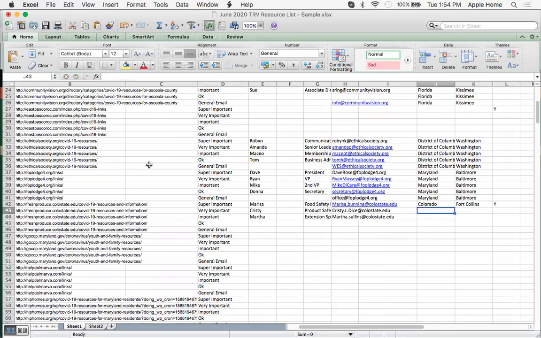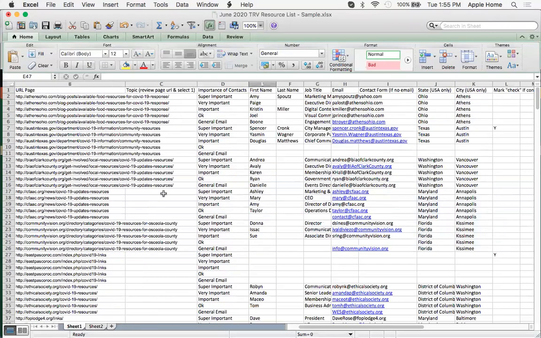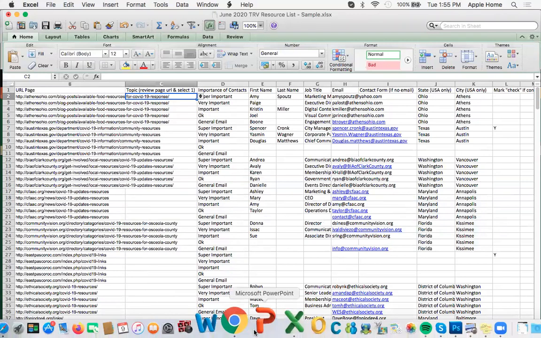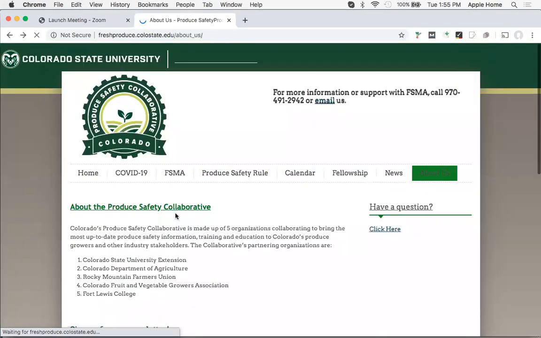So one thing that I forgot to mention for all of these, because I was concentrating on all of this, but one of the things that I forgot is the topic. So always remember to select the appropriate topic for the page that you're looking at. So when you're looking, for example, for this one,